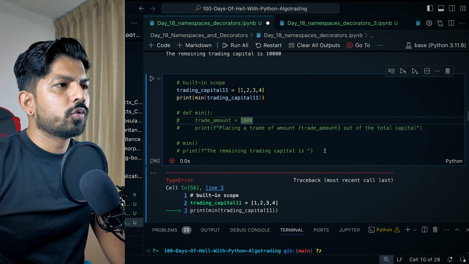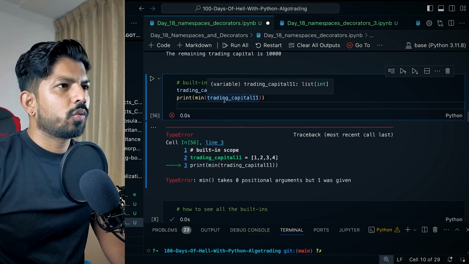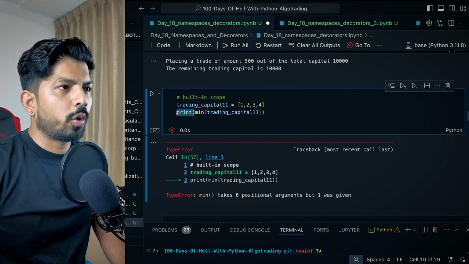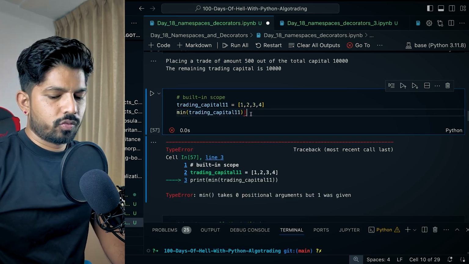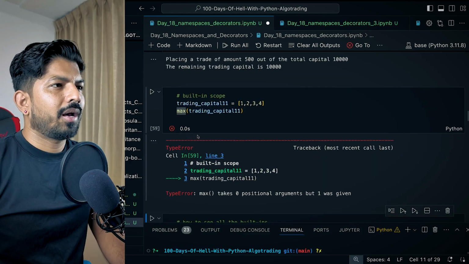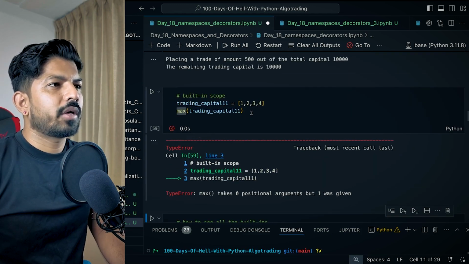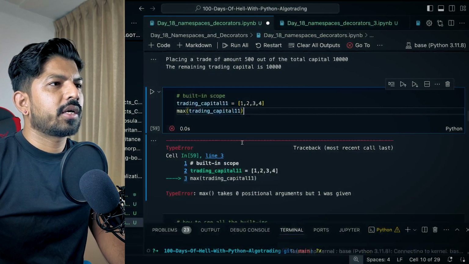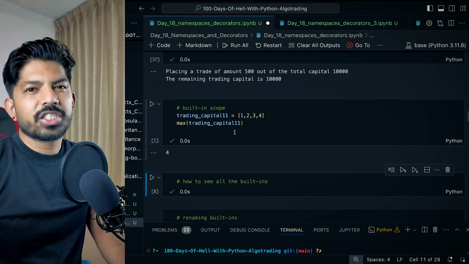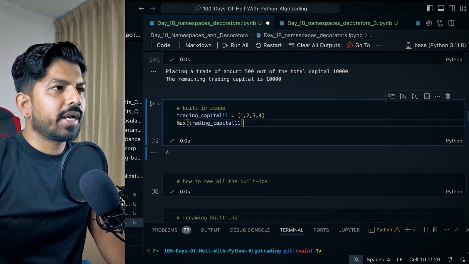I have to remove this, I guess. And now when I hit Shift Enter, it still throws an error. I don't know why. Maybe I have to restart this. Max also, I think there is some conflict always, right? Because if I restart, it will definitely work. Now I think some cache or something is there, that's why it creates an error.